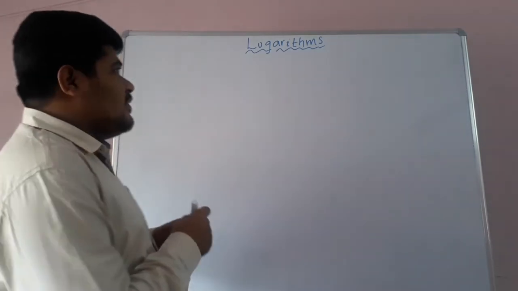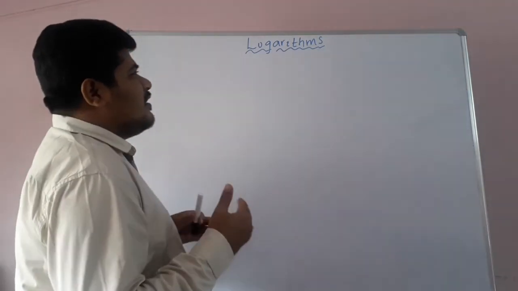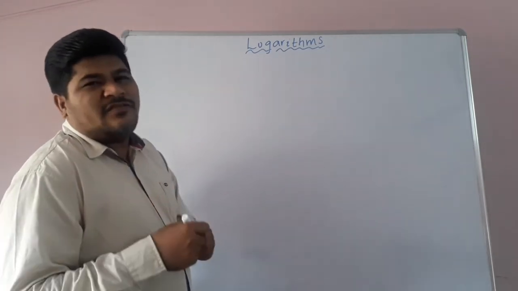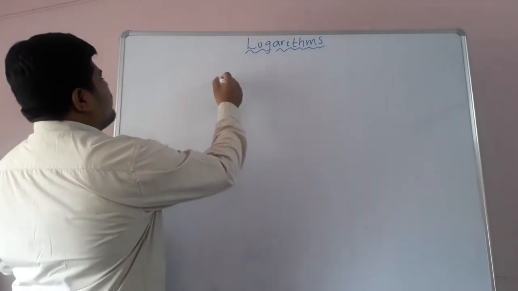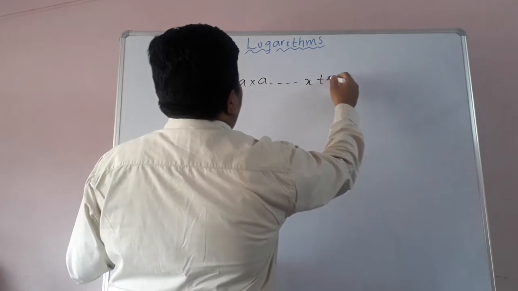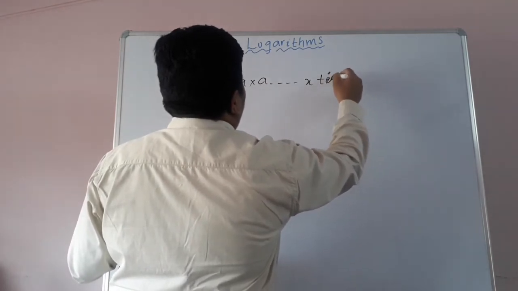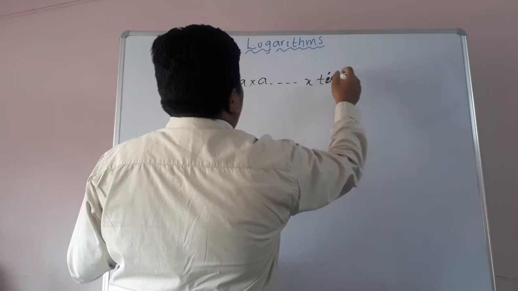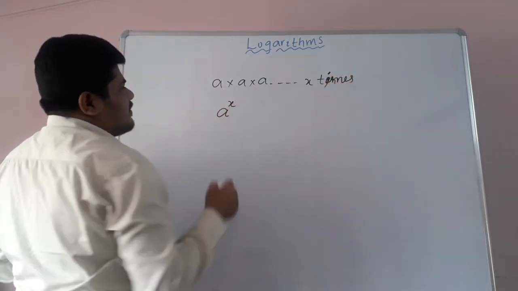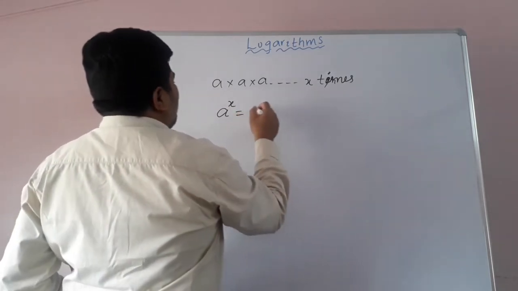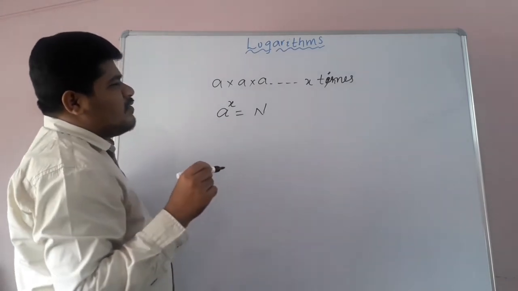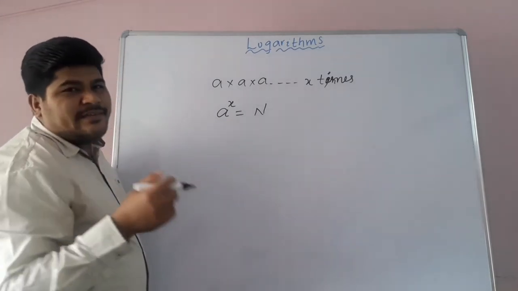Children, these logarithmic functions are the inverse, the reverse, of the exponential function. So what is the exponential function? Suppose you take a into a, and so on, x number of times. Then how do we write it shortly? a to the power of x. Suppose a to the power of x is equal to some number n. Then x is called the logarithm of n